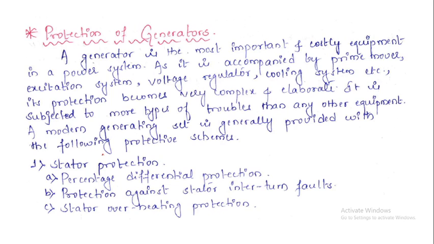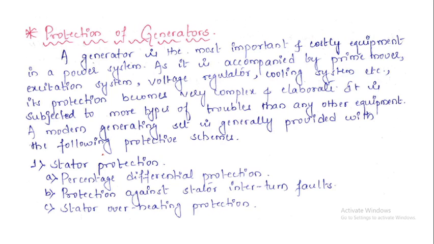In that, first we discuss the protection of the generators. Okay, so the generator is the most important and a costly equipment in a power system. You might have seen the size of the generators while visiting a power plant, how big they are, and they play a very vital role in the generation of power. So in the entire power system, it is a very important equipment where we need to concentrate more and more, so the protection becomes very important.